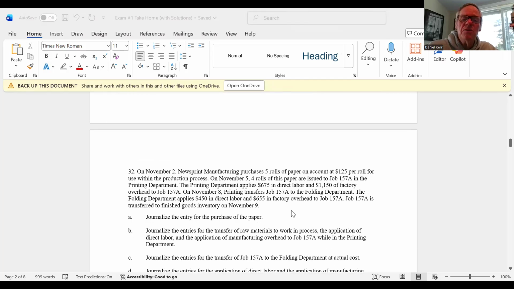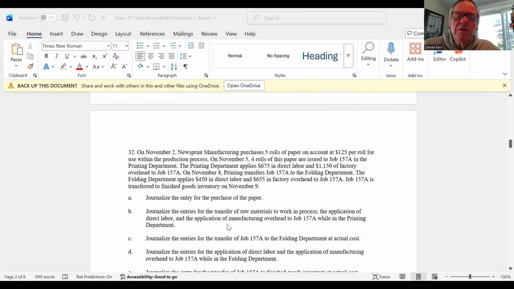Okay, the second thing, this is where you had to do journal entries, and where a couple of you lost credit here is you didn't put these in proper form. So the proper form shows the debit and then the credit, and the credit is indented from the debit. So you had to journalize the